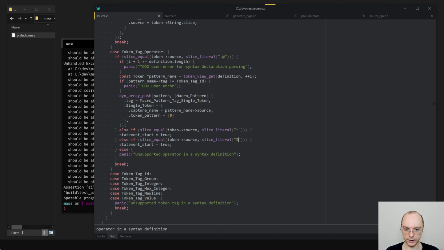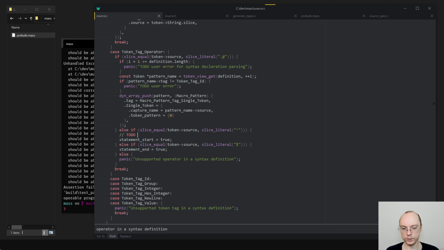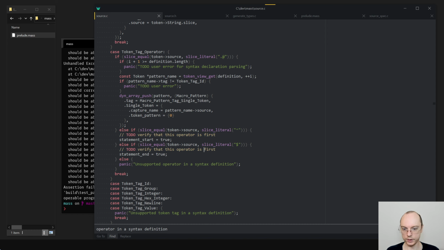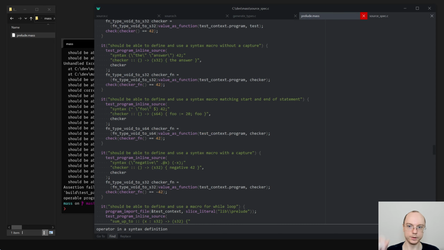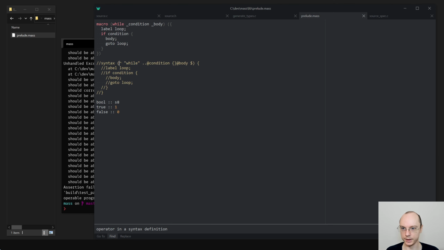And if we say dollar, then we say true. Now here I say to do: verify that this operator is first, verify that this operator is last. So we don't want later on for people to say something like foo and then caret.